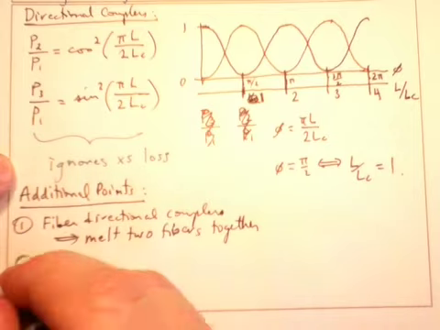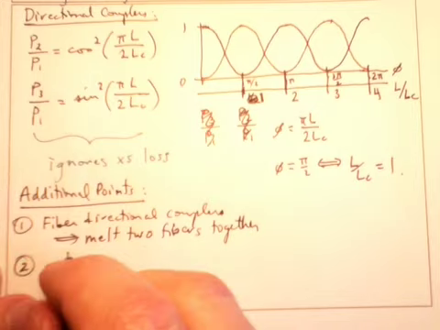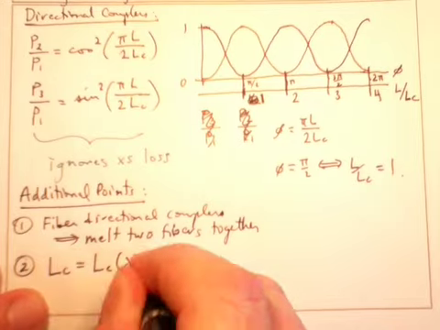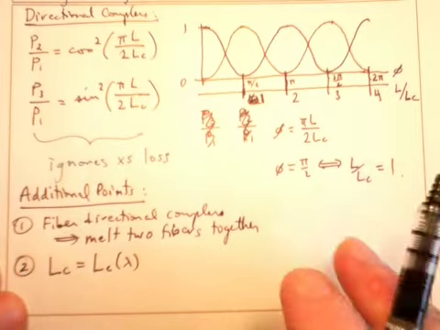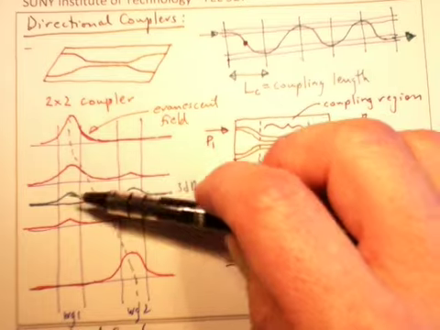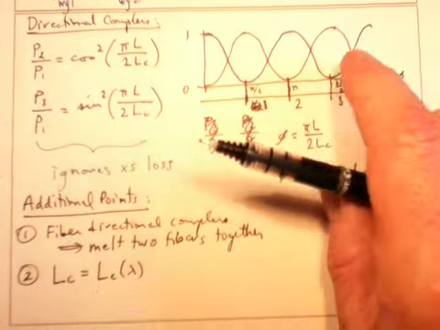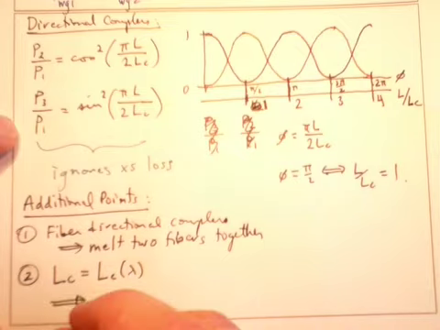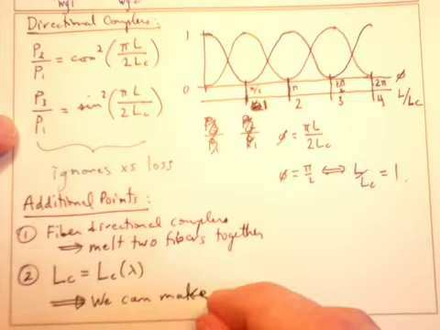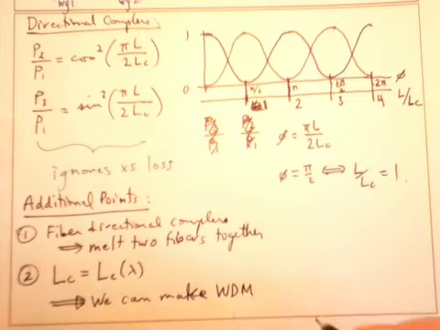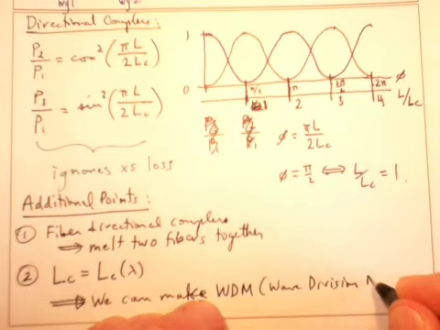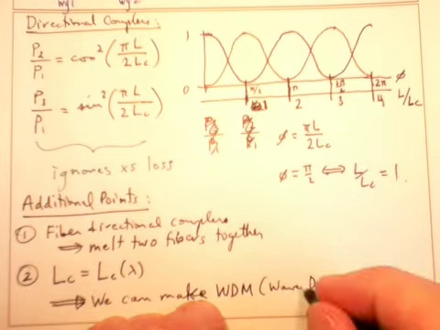The second additional point is that we can notice that the coupling length depends on lambda, depends on the wavelength. And it depends on the wavelength because the shape of the mode depends on the wavelength. And the shape of the mode determines how quickly the energy goes back and forth here. And this implies that we can make what's called a wave division multiplexer out of these devices, such that